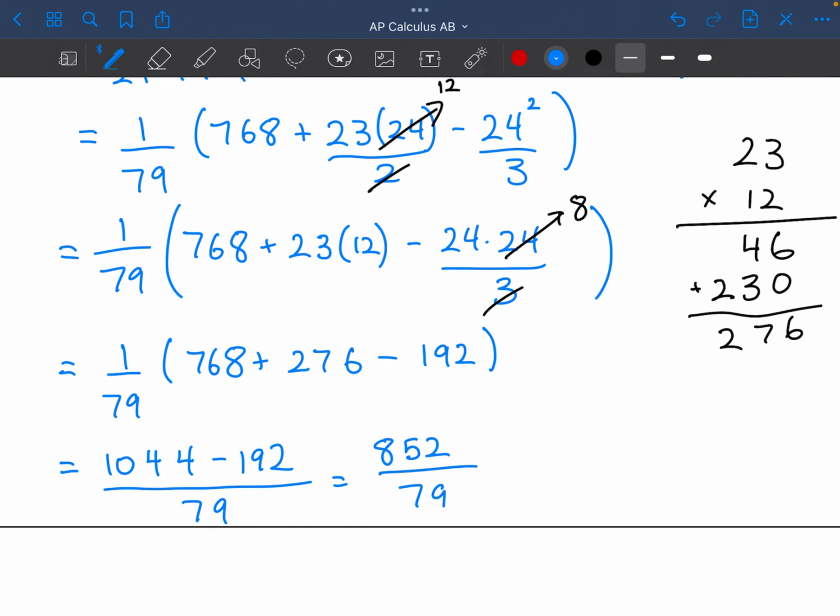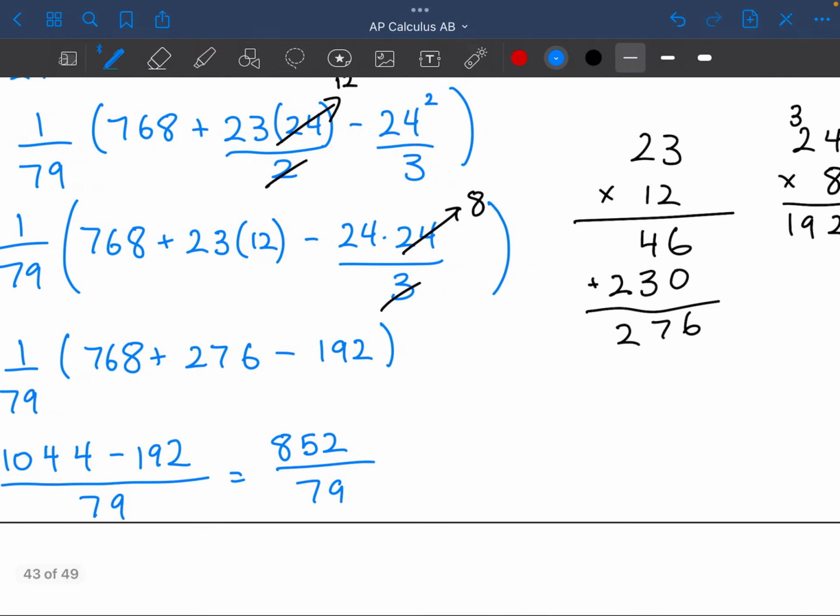And 7 times 7 is 49. Oh, maybe. Hold on. I just want to check because this would be really cool if it's simplified. What is 79 times 7? Because if that's 852, that's super cool. So 7 times 9 is,